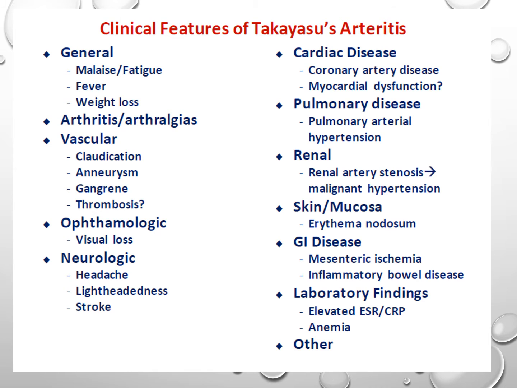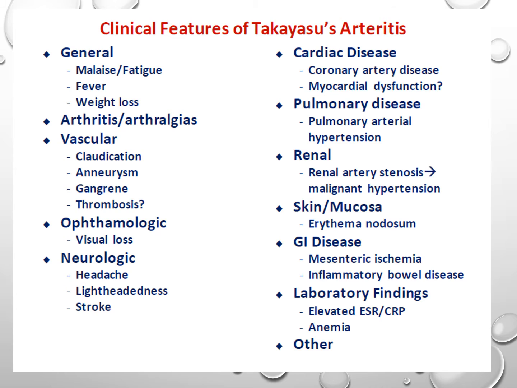So what are the clinical features of large vessel vasculitis, related to Takayasu's? As you revise this slide, you will not find anything related to small vessels, like lung or skin. The only skin manifestation that may be associated with Takayasu is erythema nodosum. However, all the manifestations are mainly related to the involvement of large to medium-sized vessels, and it may be associated with